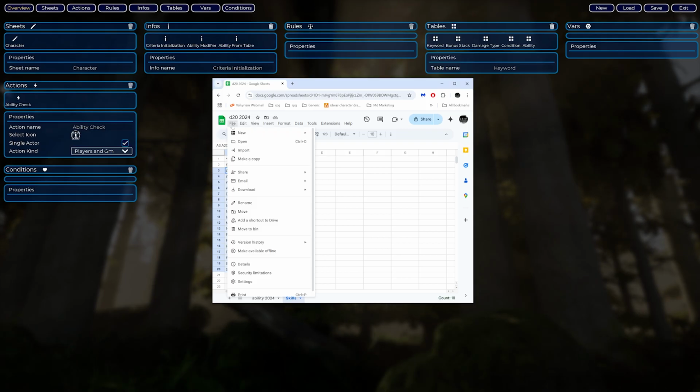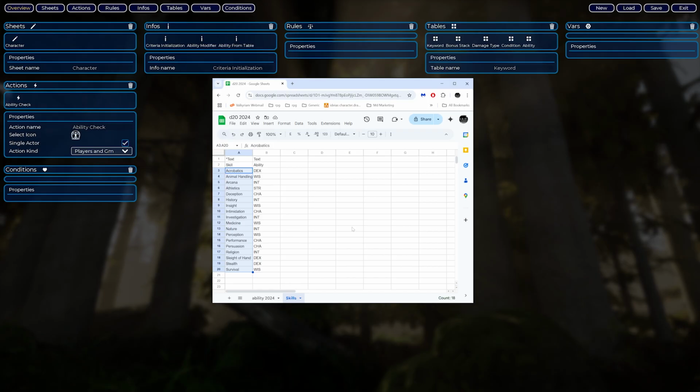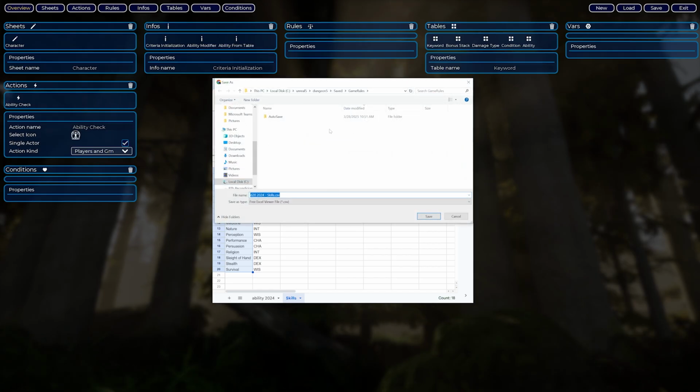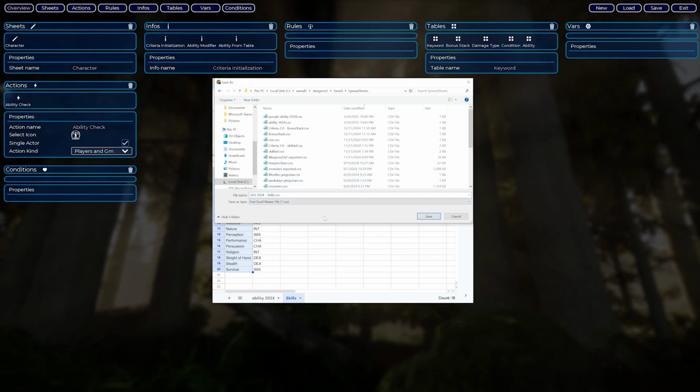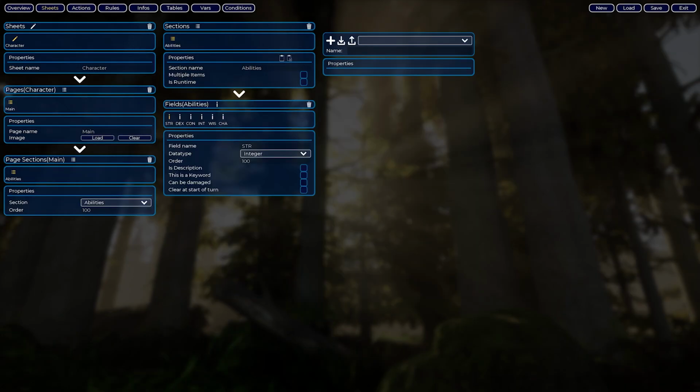So I go to File and download CSV, and it will go into the spreadsheets here, and it will be Google Skills 2024 CSV. Now we can go to the tables